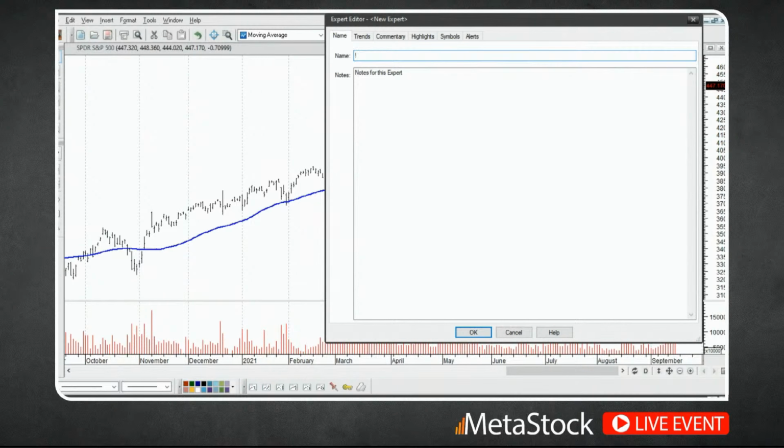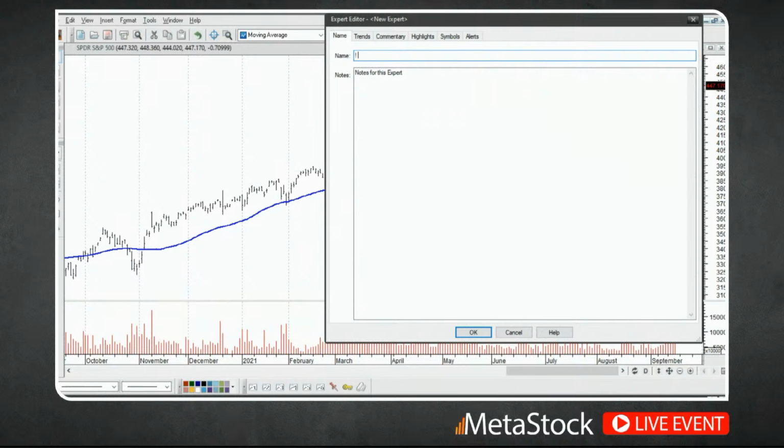And I usually use an exclamation point. The reason is that if you don't put some type of wildcard in the front of it, they get sorted alphabetically. Some of these lists are pretty big, and it's really easy to lose track of the different systems that you've created. So if you use a common wildcard, like in my case an exclamation point, all of my systems will be grouped together. It's really easy to find them.